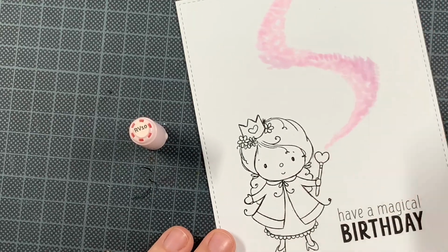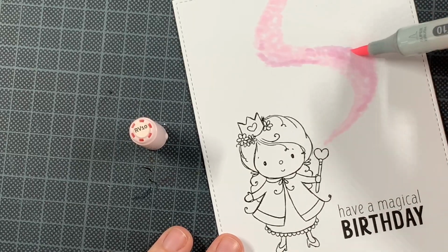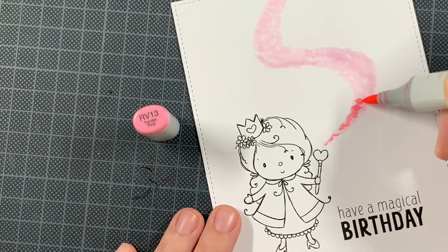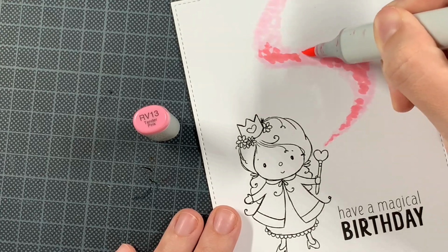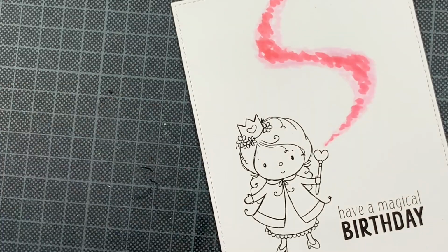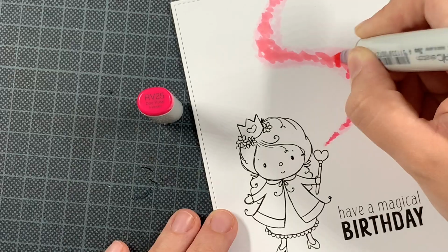This pumpkin princess, I thought it could be really magical if there was some kind of power or swirl of magic coming out of her wand. And now I have searched a long time to find some inspiration to create this magic. And in the end, I ended up looking at the profile by